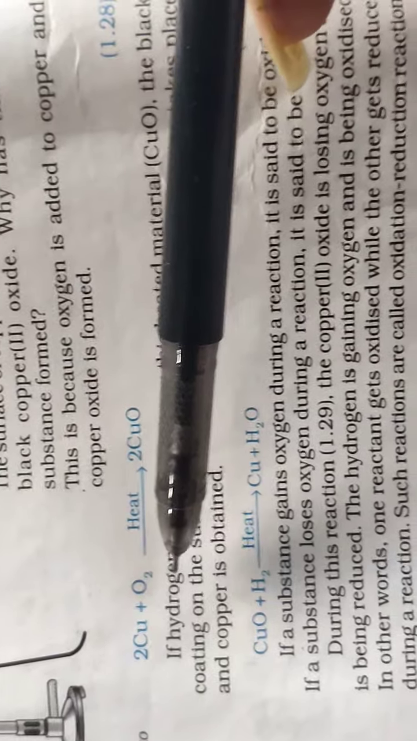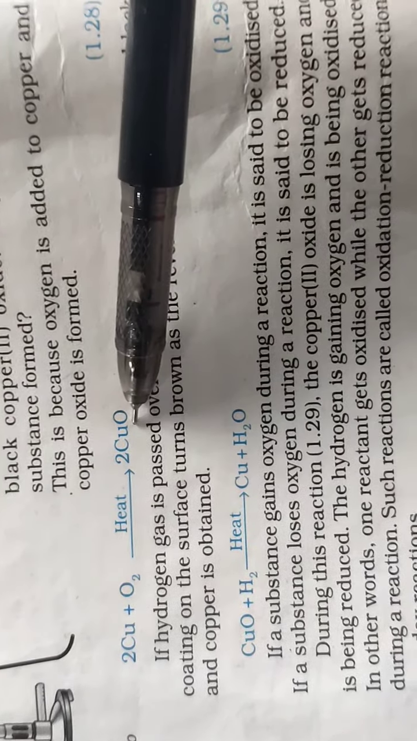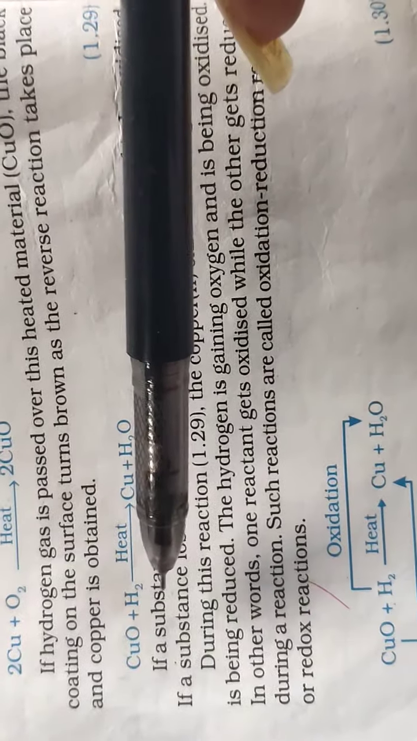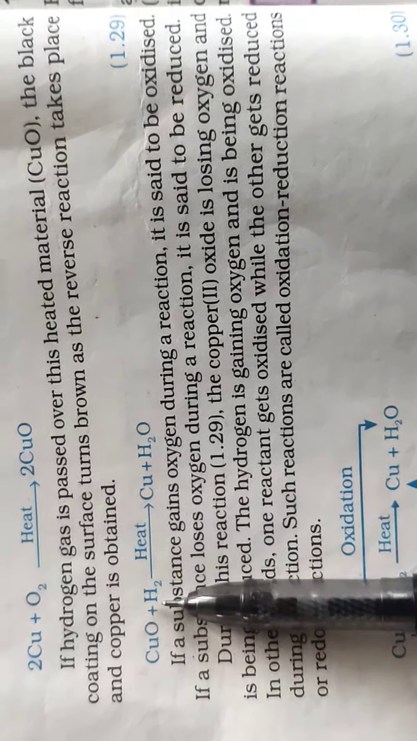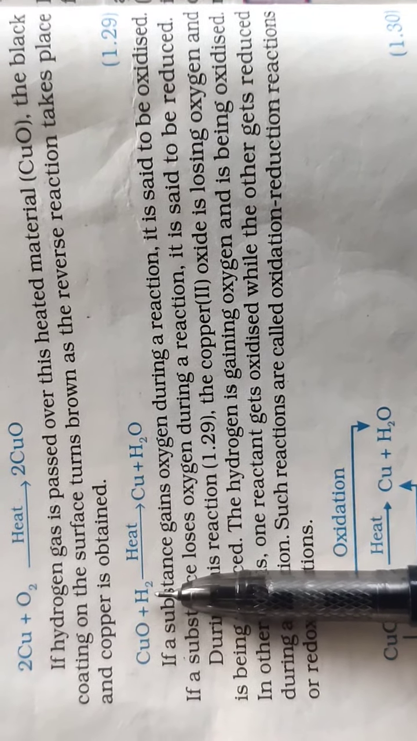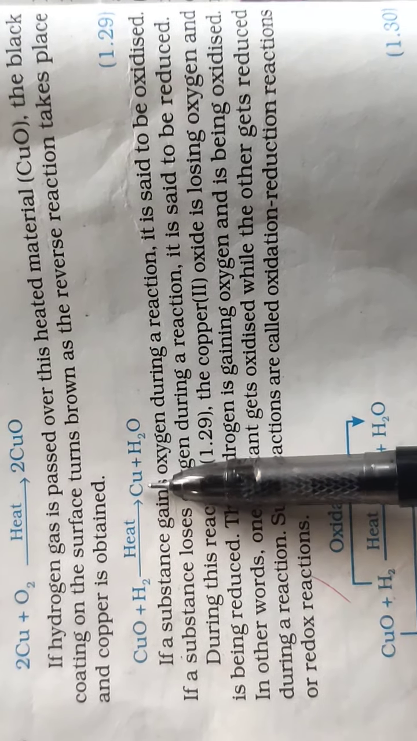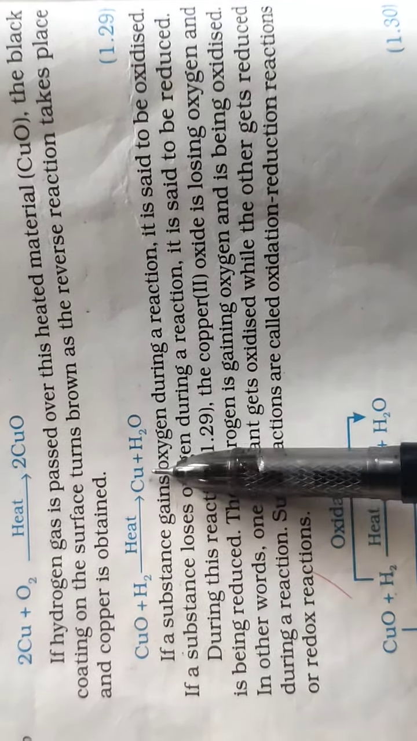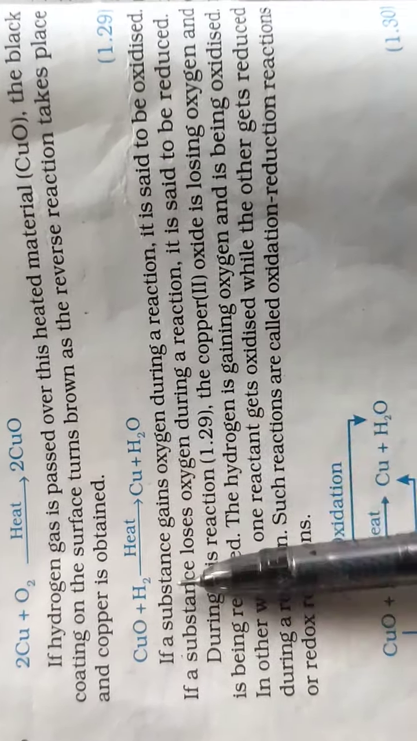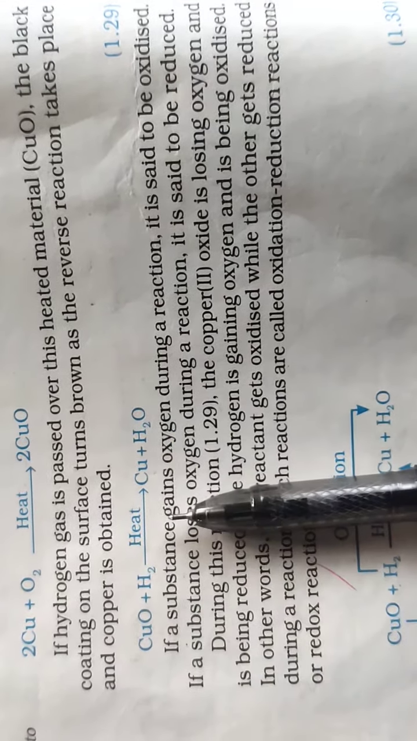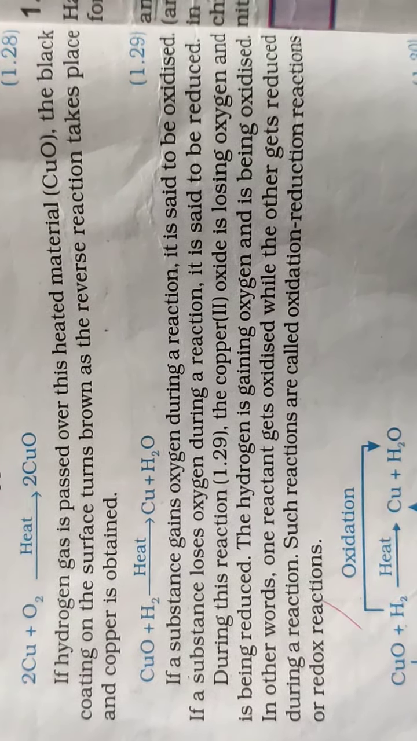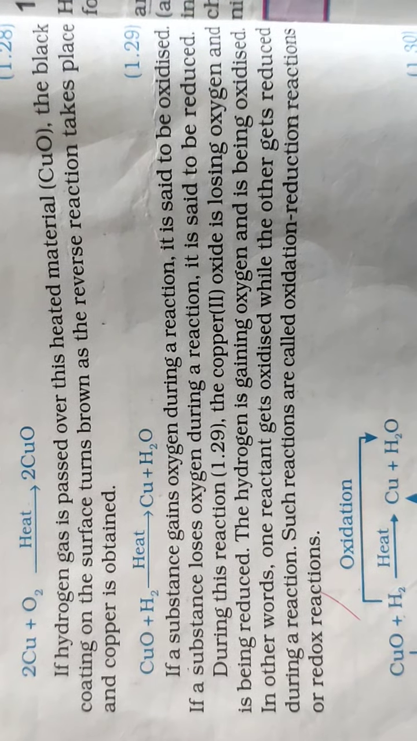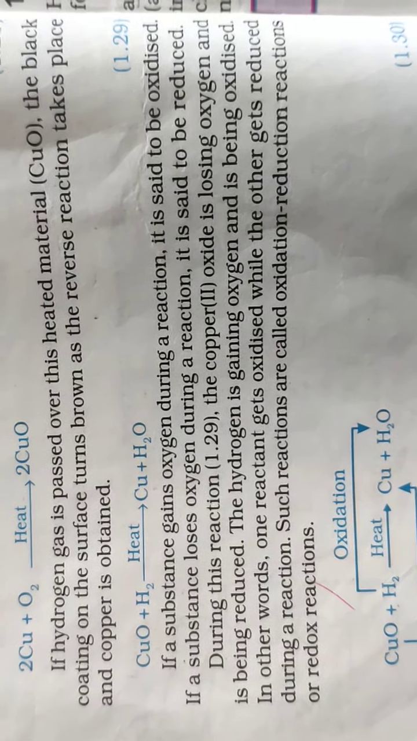For example, copper. Whenever copper is heated, it forms copper oxide. Whenever hydrogen gas is passed over the copper oxide and heat is given, what happens? Copper oxide is reduced to copper, and hydrogen gets oxidized. Such examples are available in your textbook, so you may write from your textbook. So the question is, what is oxidation or reduction reaction? Give appropriate examples. Okay, so write these questions